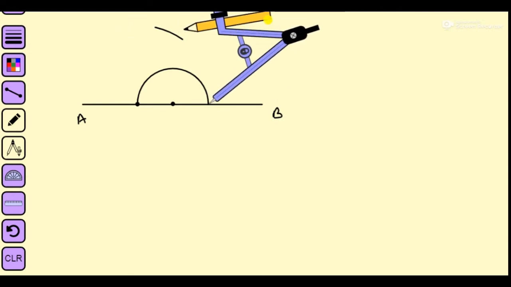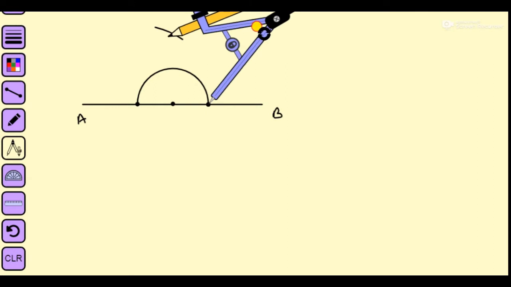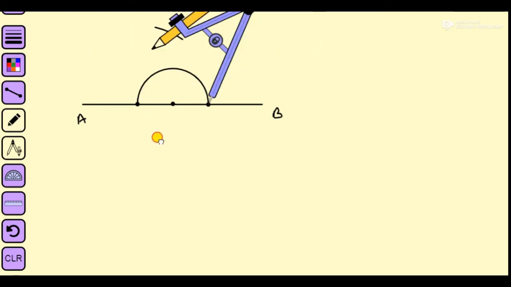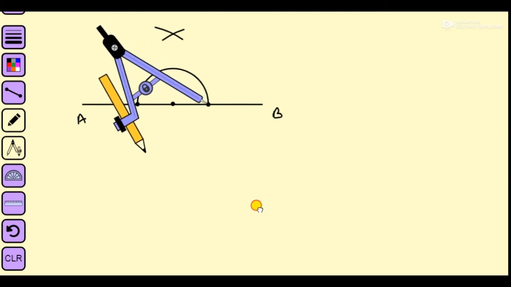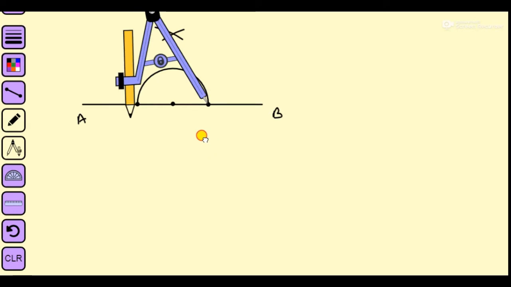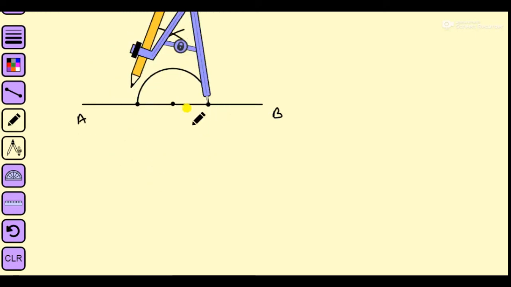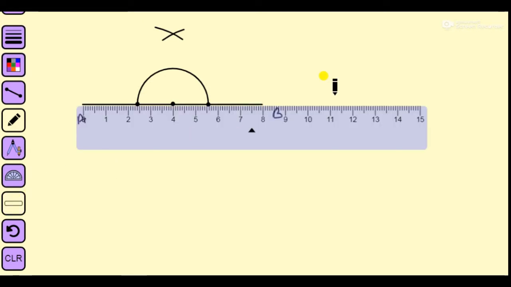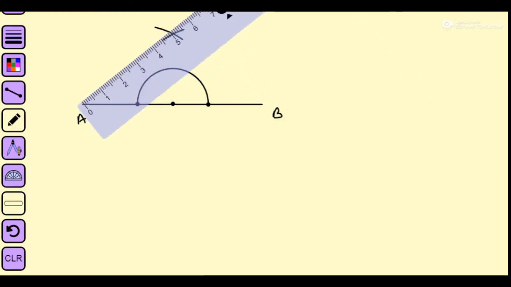Yes, do this. Make an arc here and also downwards here. Now you can remove the roundel and take the scale,